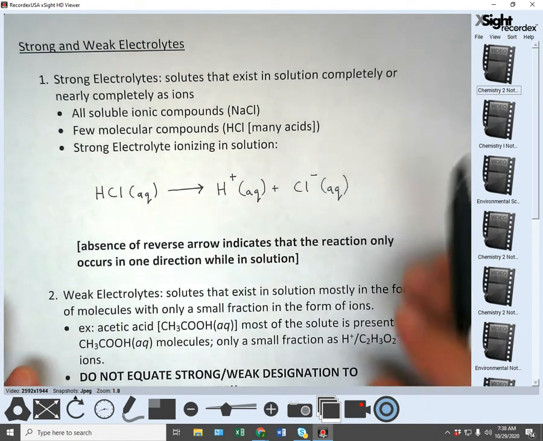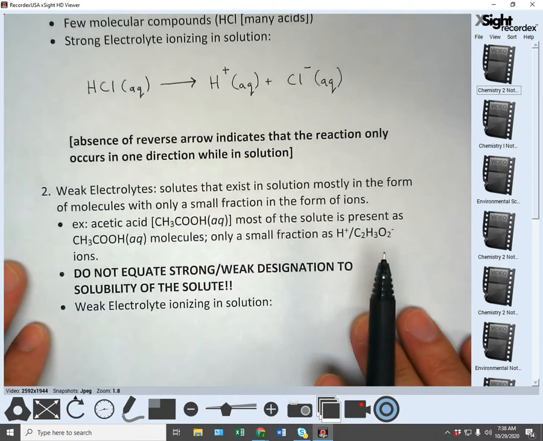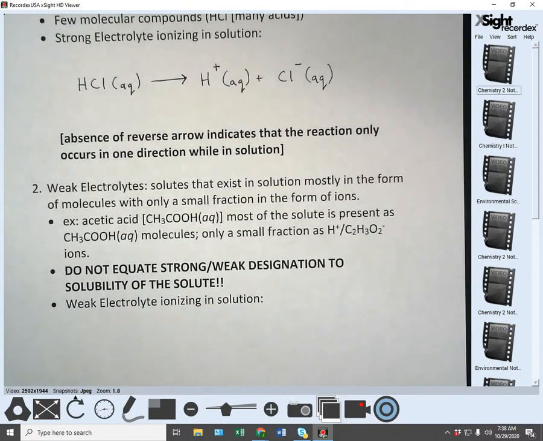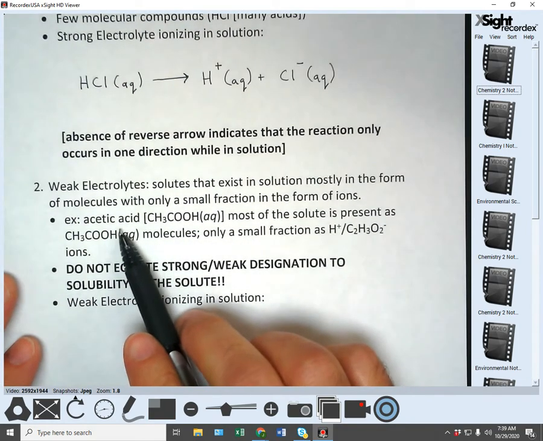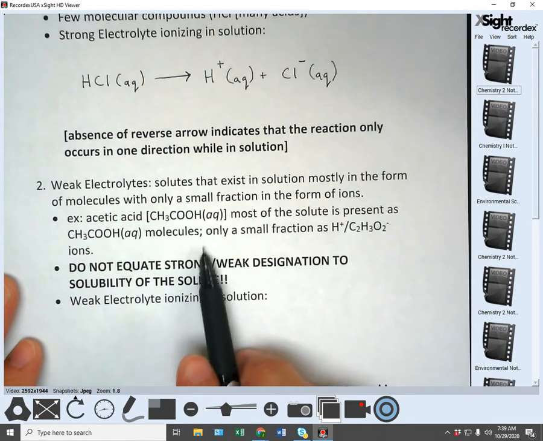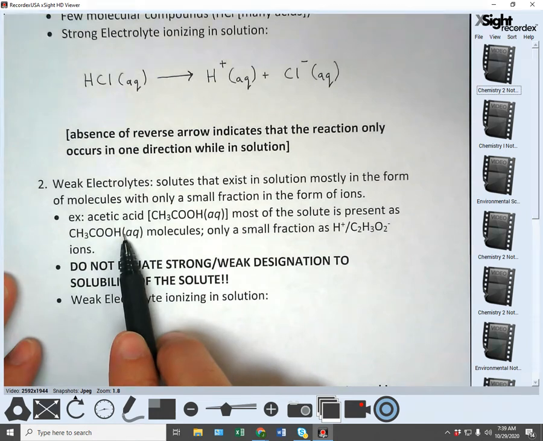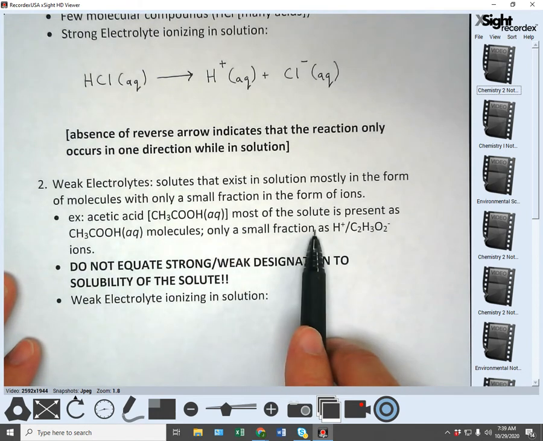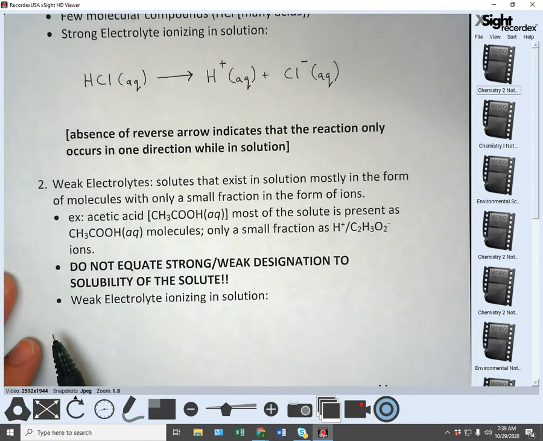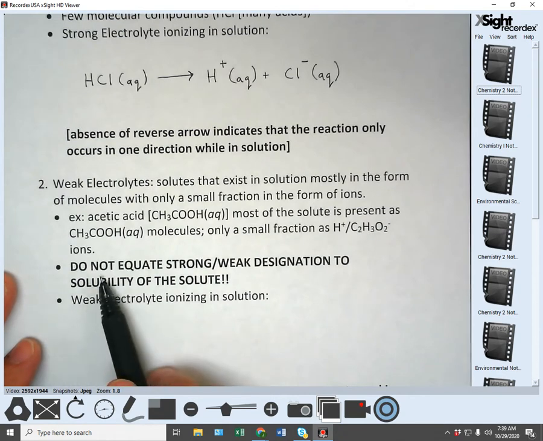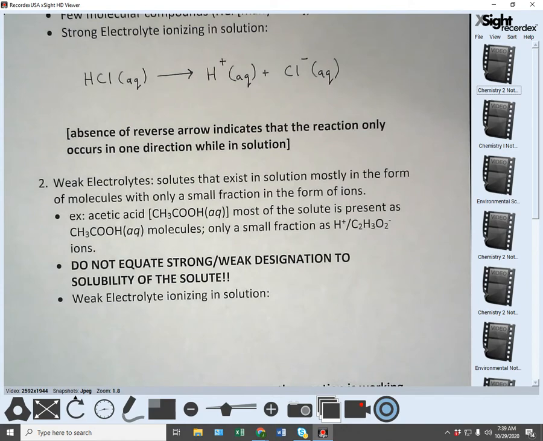Okay. All right. Weak electrolytes. Weak electrolytes are solutes that exist in solution mostly in the form of molecules, with only a small fraction in the form of ions. For example, acetic acid. Most of the solute is present as acetic acid molecules, only a small fraction as the ions. So if I were to draw this out,